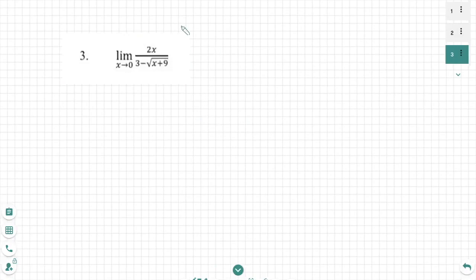I'll just do the conjugate, which is 3 plus root x plus 9. Exactly, just change the middle sign between the two. When deciding to do this, remember, it's not just 0. It has to be 0 over 0. Both the numerator and the denominator have to be 0. If you multiply that, you get 9 and then